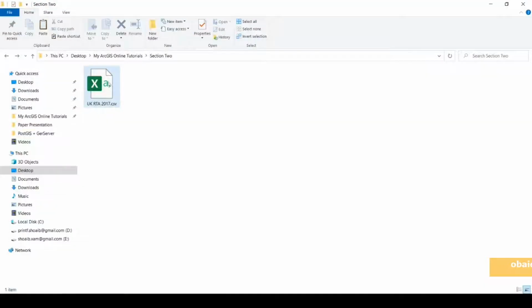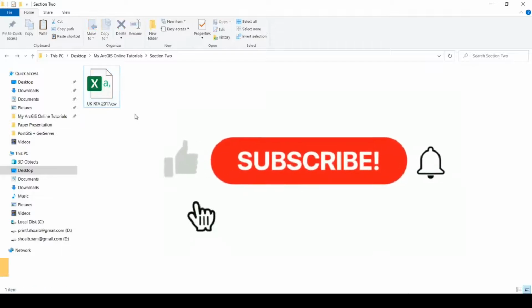So this is my file, the UK RTA 2017 car accidents. It has the format of CSV, so we can simply upload it. So go to your browser